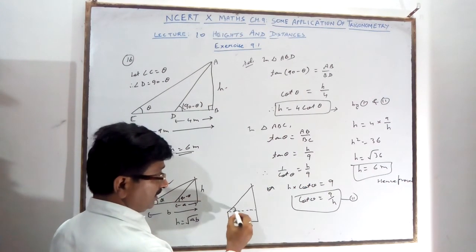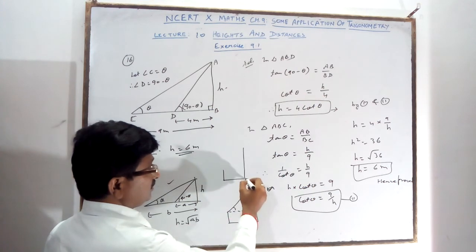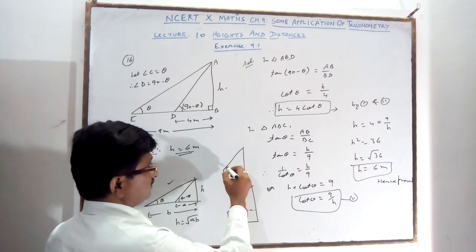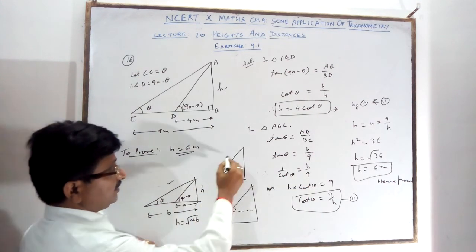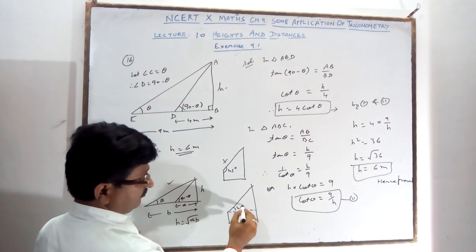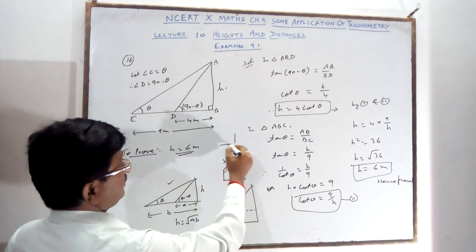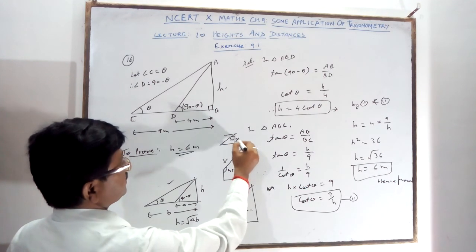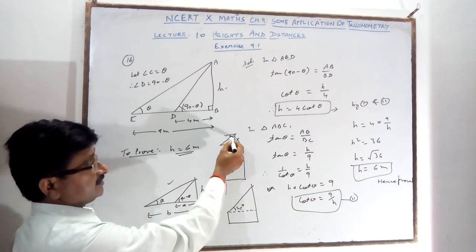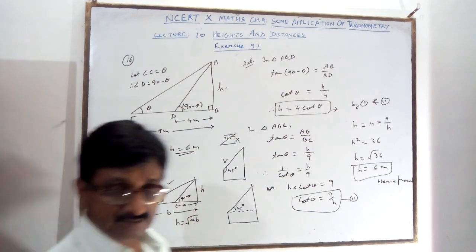Draw a parallel line for the acute angle. Some students generally make mistakes. This angle they write as 45 degrees. It is not possible, it is obtuse. It is 100% wrong. It will be 45 only if the question says so. Or some students make the angle of depression. The angle of depression is given, and they put 30 degrees here. It is again wrong. This angle will be 30, not this. So like this you are getting.